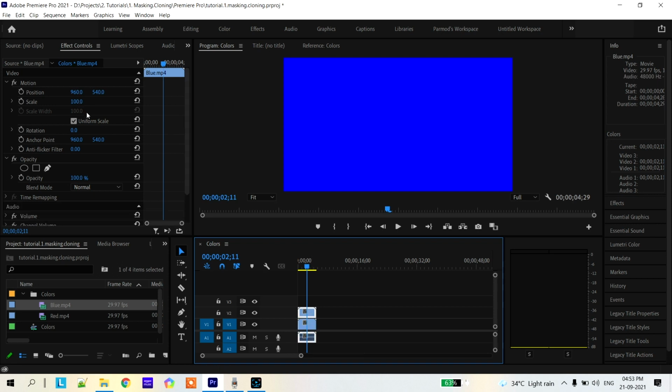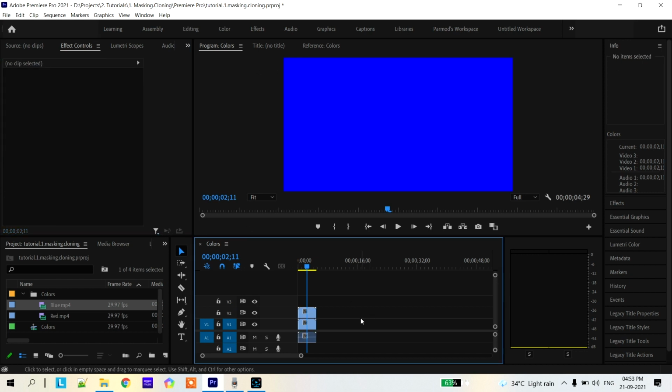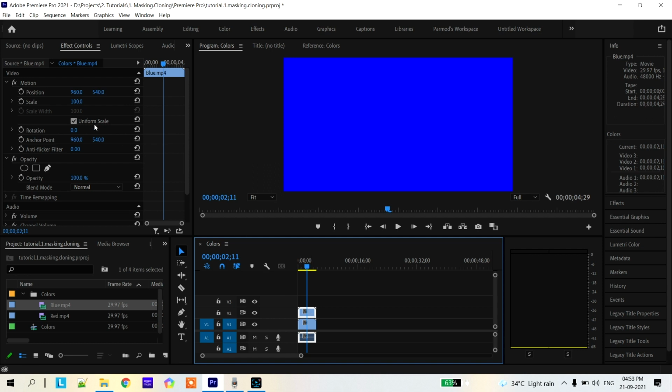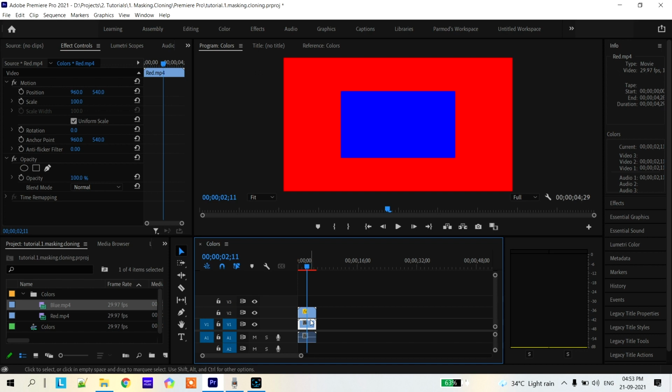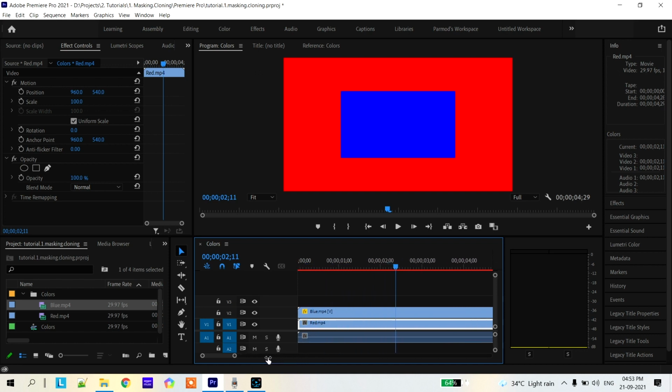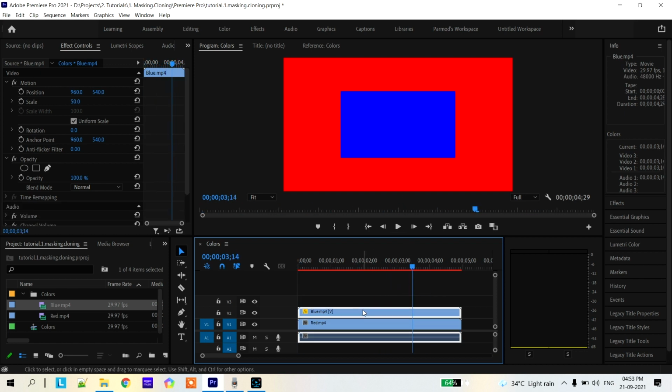Let me show them quickly. So we can scale down the top video, the blue one. We can scale it down, let's say to 50. So its size is reduced to 50% of it, and now the underneath video, which is the red one, is visible. Let me increase its size. Yeah. So now as you can see, the top video is reduced by 50% and that's why the